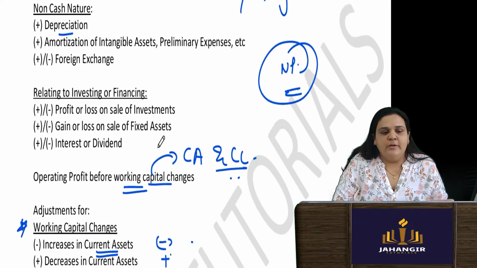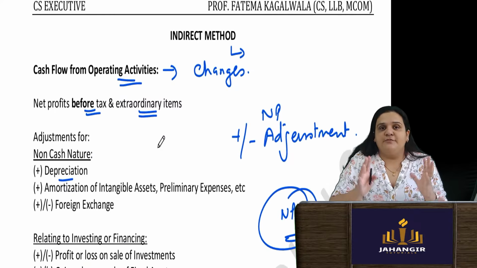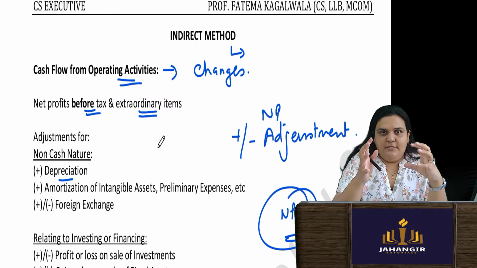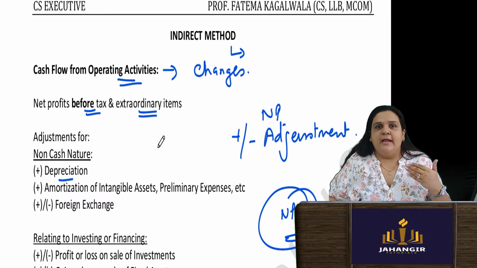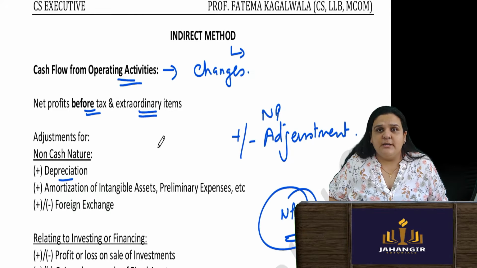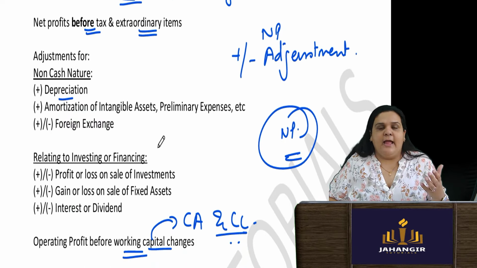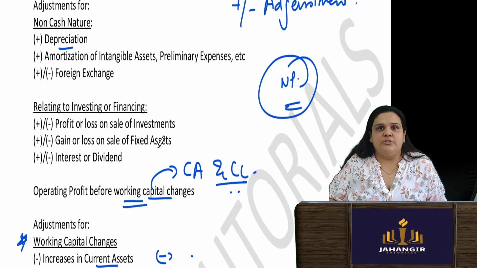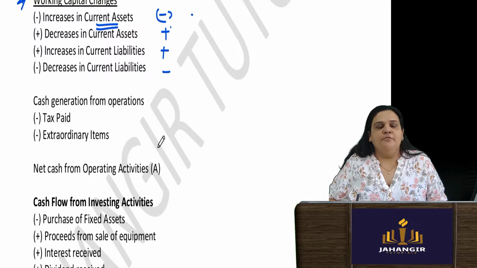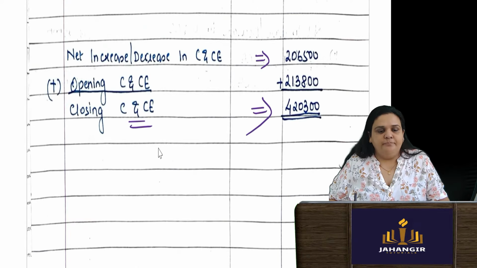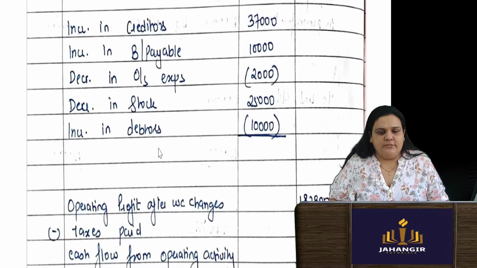What all do we have to do in case of the indirect method for cash flow from operating? We take the net profit. In that net profit, we do all the adjustments to be done, say adding back of depreciation, adding back any provisions, adding back anything relating to finance, adding back everything relating to investment. We will add or less, depending on the situation. Then through that profit, we will do working capital changes and arrive at net profit from operating activity. For this, we will read a given question.